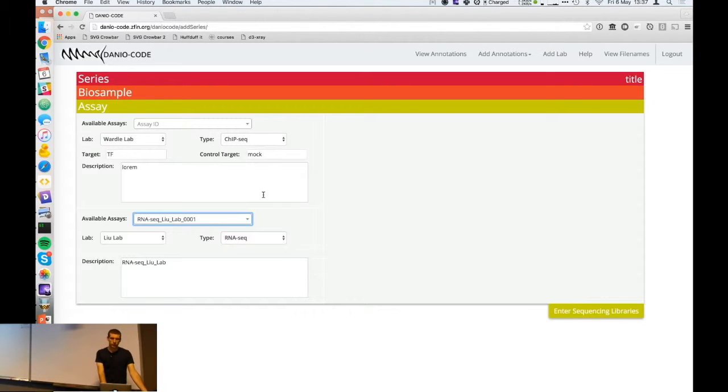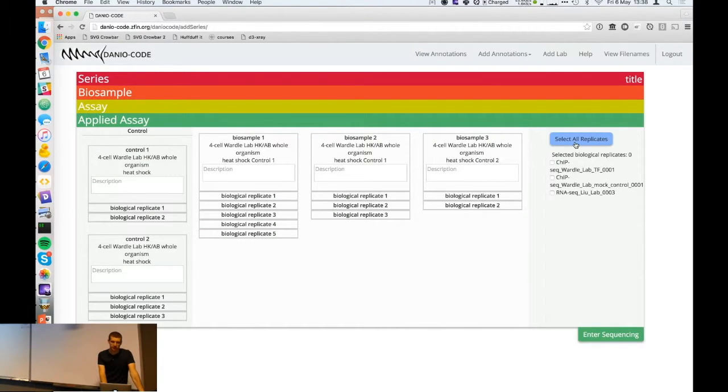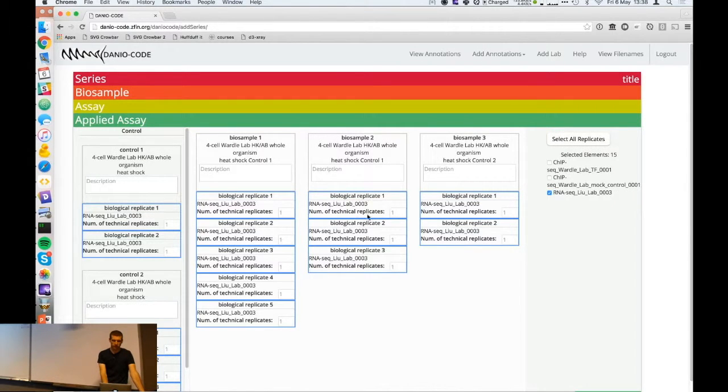And afterwards we actually assign each biological replicate the assay to it, which is basically the creation of the sequencing library. So again, here you can select all replicates. Keep in mind we are now on a biological replicate level, therefore you don't select the whole bar sample, but you can select subgroups of biological replicates. But for the sake of time and ease, I'll just select all of them. And so we have here RNA-seq, and you see that it is applied to all biological replicates,